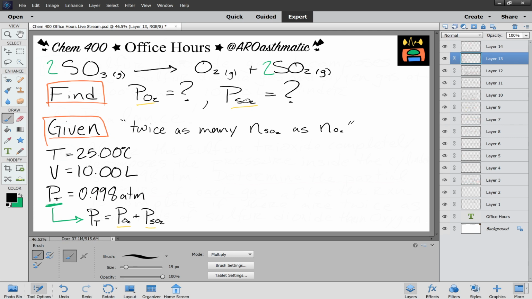All right, what does that mean? That means the number of moles of sulfur dioxide is double the moles of oxygen. And we can write this as an equation,